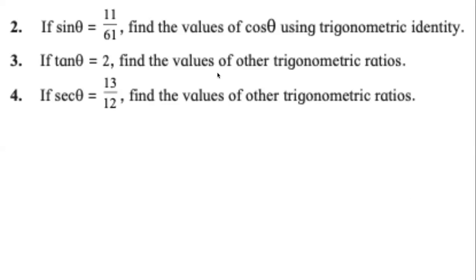Prachi is saying we will use identity. If you look at question number 2, it very clearly says we have to use identity. We don't have a choice there. Did you see? It says trigonometric identities. But if you look at question number 3, it does not say which method. So what method will you use for question number 3? What method will we use?